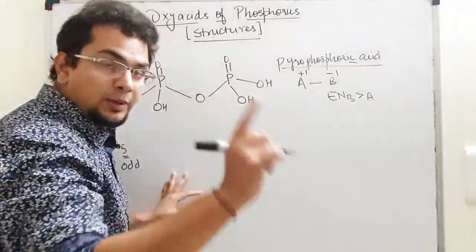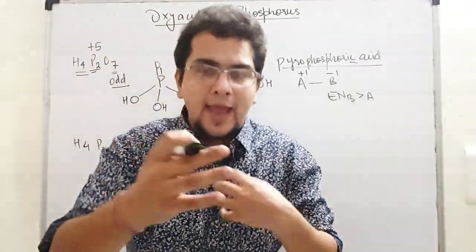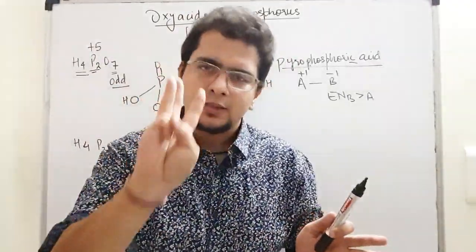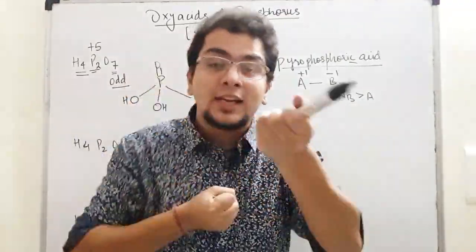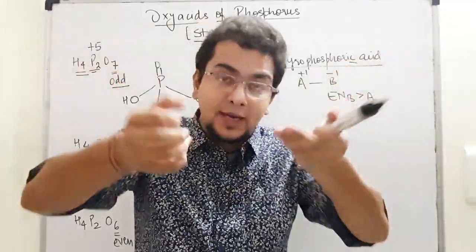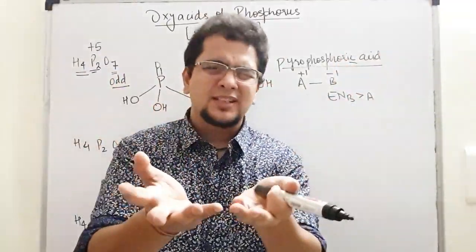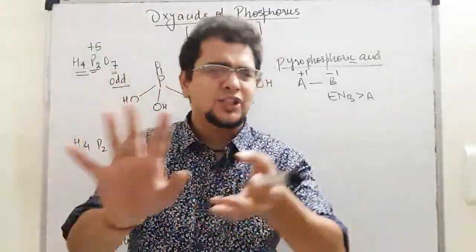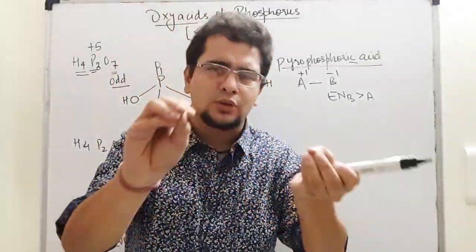For each bond. For example, you and I make a bond and I am more electronegative. So let's say we are making 3 bonds. So I will get 3 electrons. That is the oxidation state. I will imagine I am getting 3 electrons. Oxidation state is an imaginary charge, not a real charge. So don't relate it to the charge. Oxidation state is different, charge is different. In some other lecture I will talk about that also in detail.